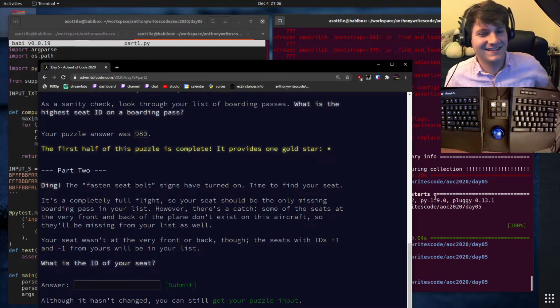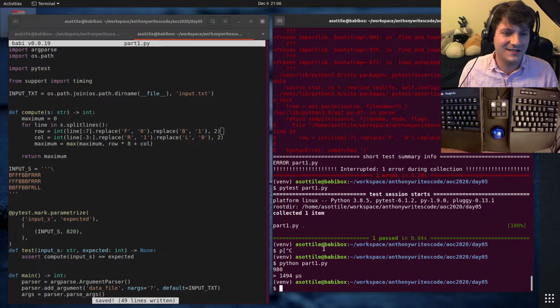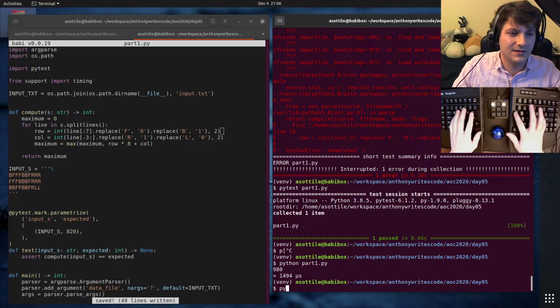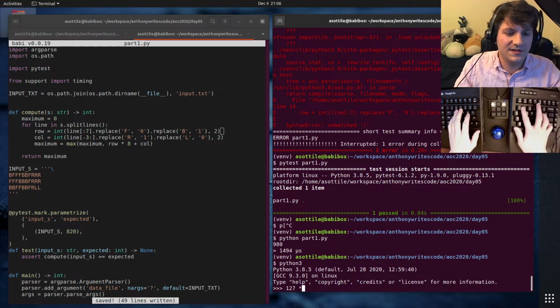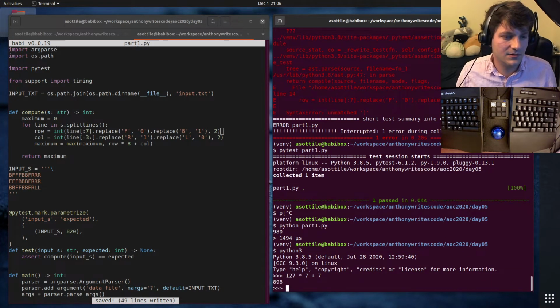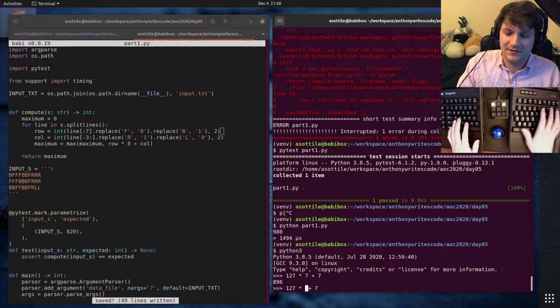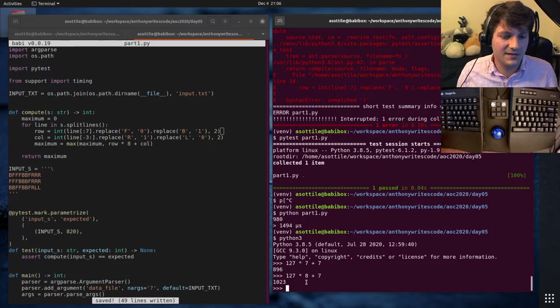Okay, so the maximum seat ID is what? 127 times 8 plus 7? That can't be possible because we got a number that was bigger than that. Oh, times 8. So this is the maximum seat ID?